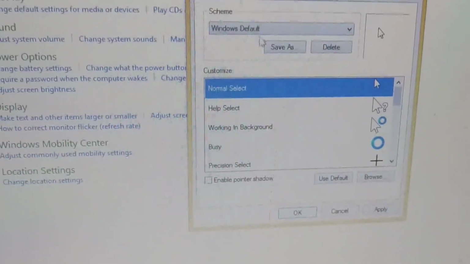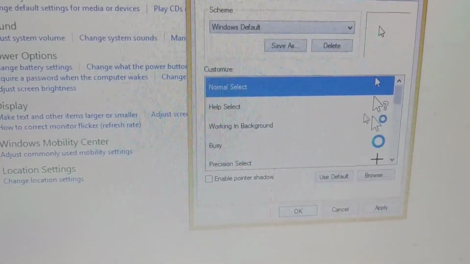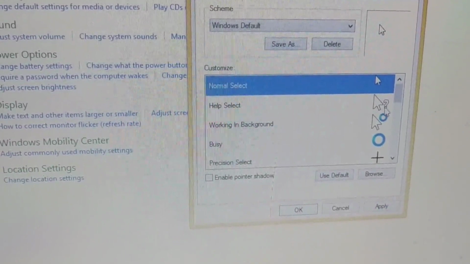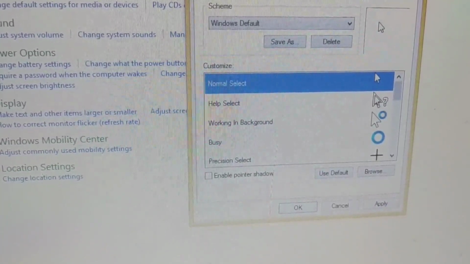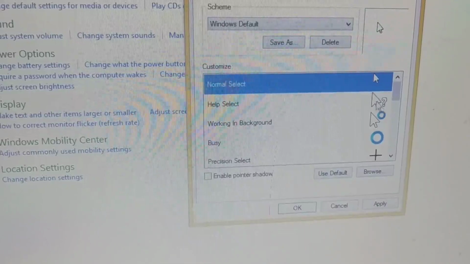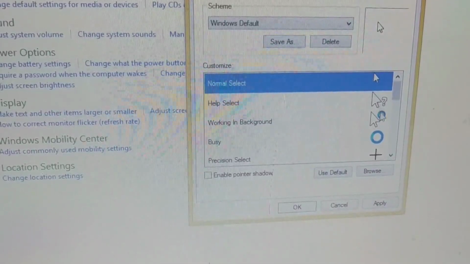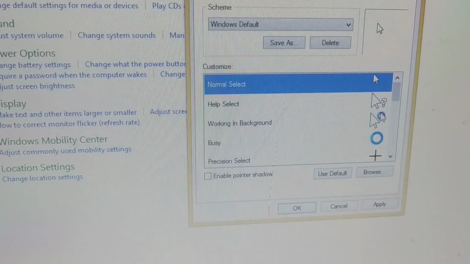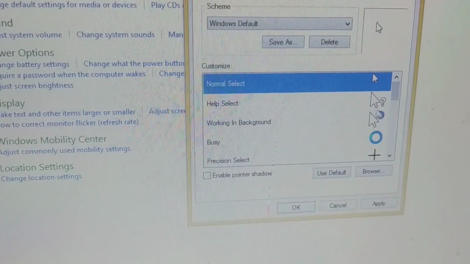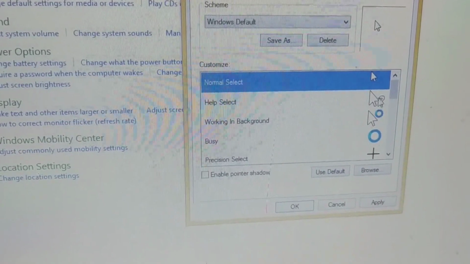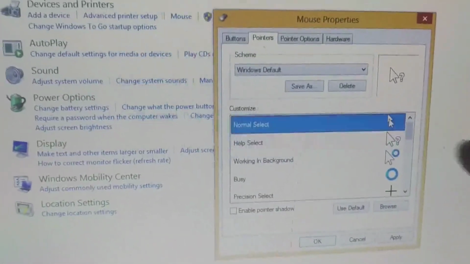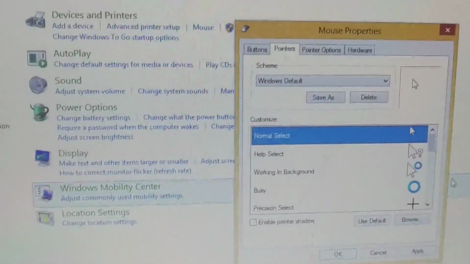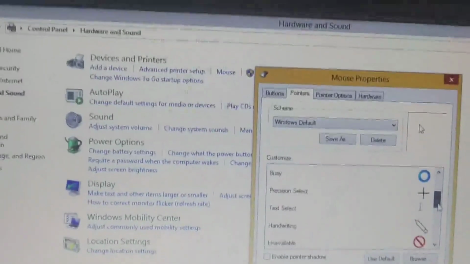You are seeing many options here. In fact, you should remember one thing: don't go changing these mouse options, because the default setting of the mouse is very suitable for every type of computer or system. Still, you can see the help select, working in background, busy, and precision, and if we scroll this scroll bar, you see many more options.